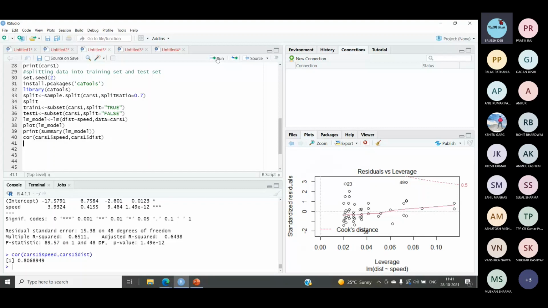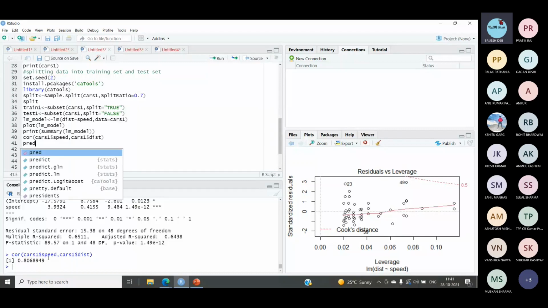So here we can see the correlation, that is the degree of strength of the relationship between speed and distance, is 0.80, which is a strong positive correlation. The value is not coming in minus, so it is a strong positive correlation. It means if the speed is increasing, the distance is also increasing. Fine. So this is how we have checked for correlation. Now let's work on the prediction part.